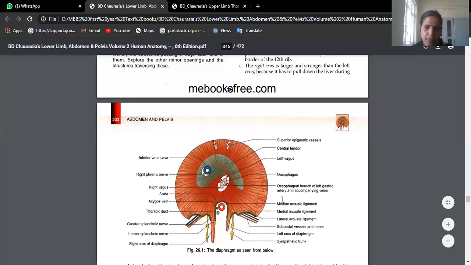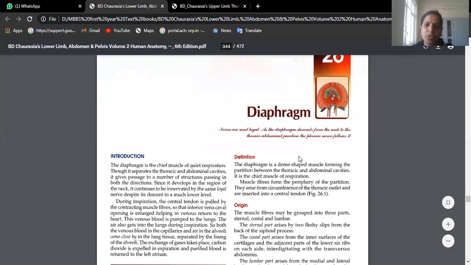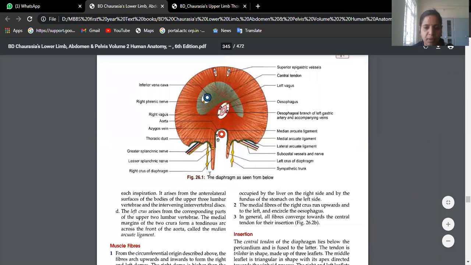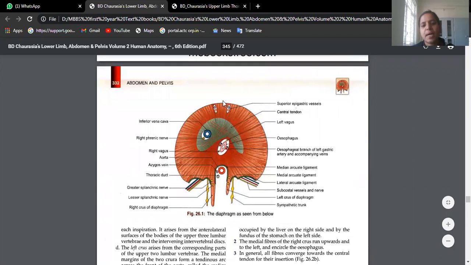See, the diaphragm is a dome-shaped partition which is present between the thorax and abdomen. We know this very well, isn't it? So, suppose you consider this as the anterior aspect and this as the posterior aspect of the diaphragm. The anterior aspect of the diaphragm is coming from the posterior aspect of the xiphoid process and the lower 6 ribs, okay, and